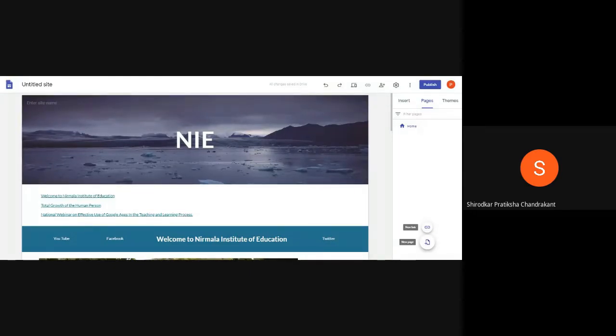So if I have to add a page to my site, I can do that by clicking on new page. The moment I click on new page, this particular tab will appear, wherein I can name that page. Suppose the first page is named home, so the second page can be events. This is just for example. You can think about what kind of pages you want to add to your website. For this example, I want to name the second page as events. So let me click on events and say done.